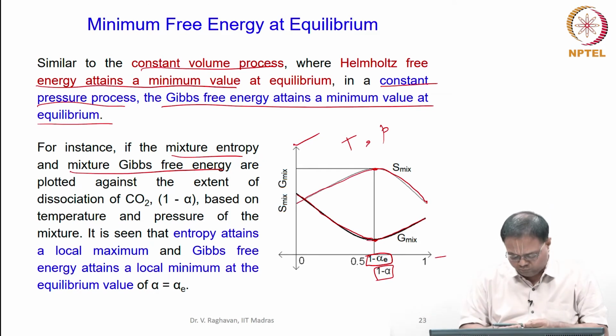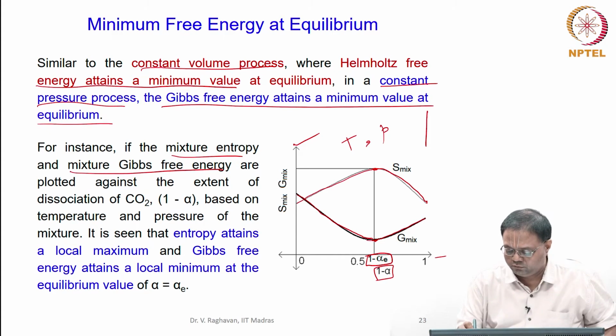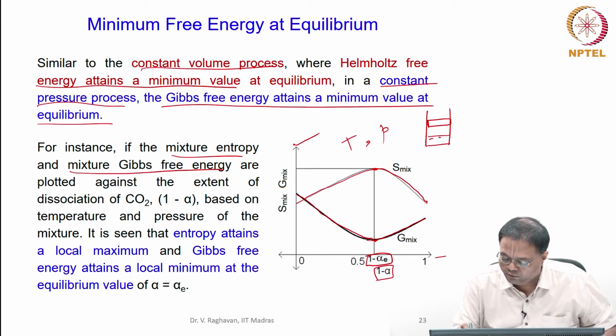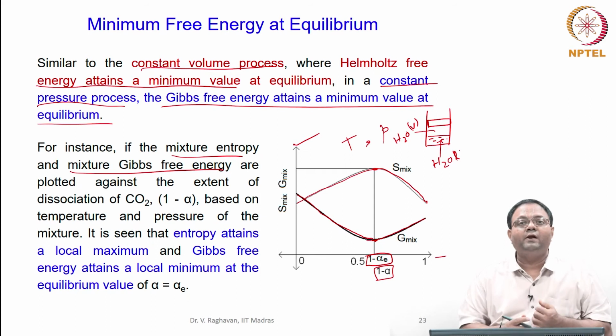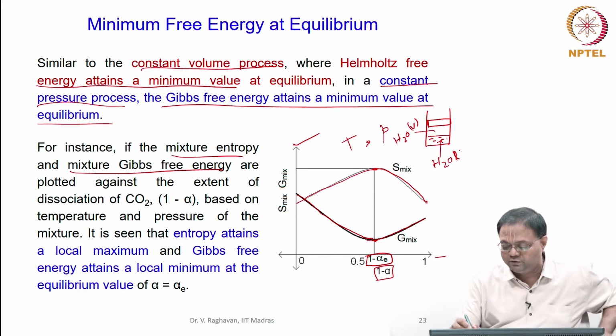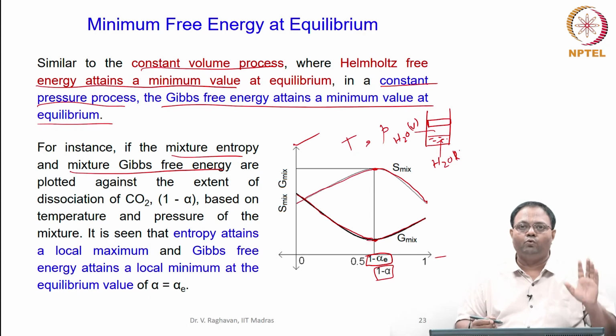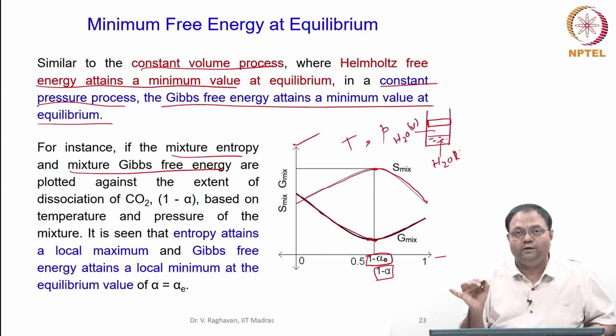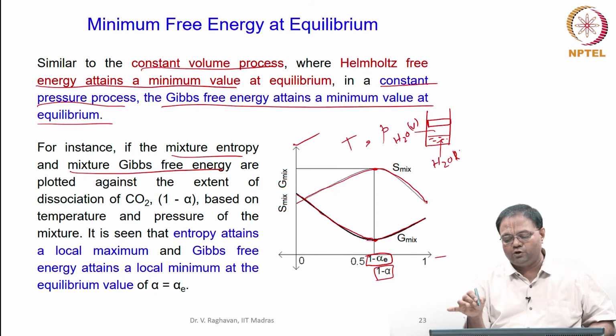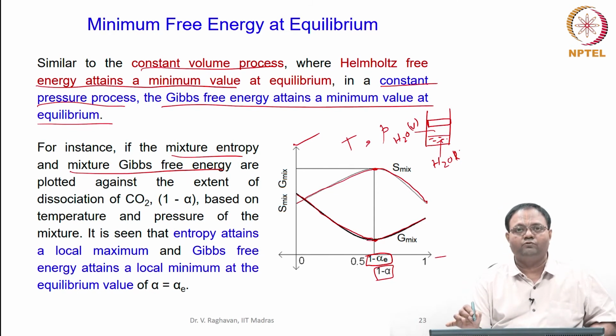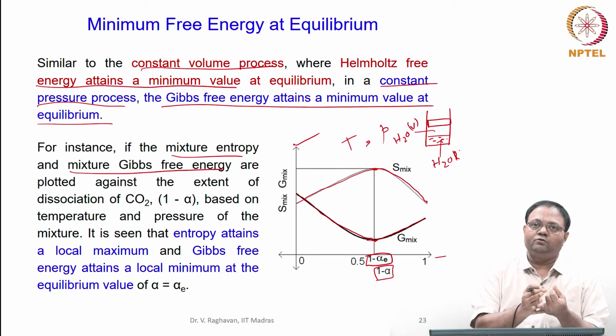So for example, if you have a piston cylinder arrangement in which water and water vapor are there. This is liquid water, and this is vapor. So in its own vapor, liquid water is prevailing, and it is a piston cylinder arrangement, so that pressure is maintained at whatever value you want, P. The temperature is T. So what happens now under this condition? The mass will not change, the mass is remaining constant. So constant mass, temperature is constant, pressure is constant.